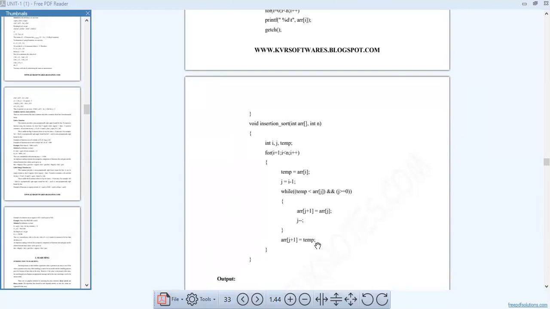So did you understand what I am telling, students? After the minus 1 index is reached, the compiler will automatically understand, oh, this is the minus 1th location. That means there are no previous elements to compare. So the interchange will be done. Before that, no interchange directly. It is not possible to interchange directly. It will compare with the previous elements.